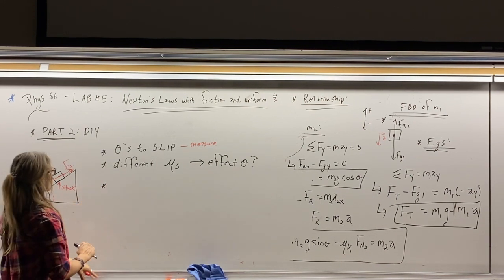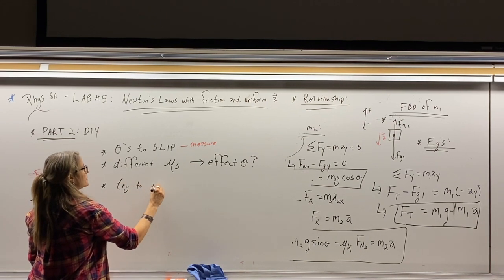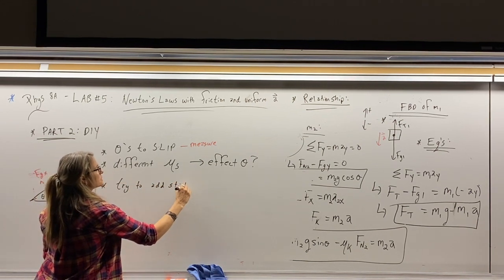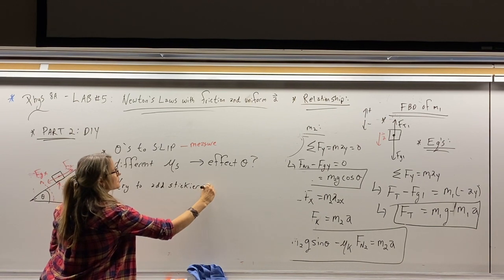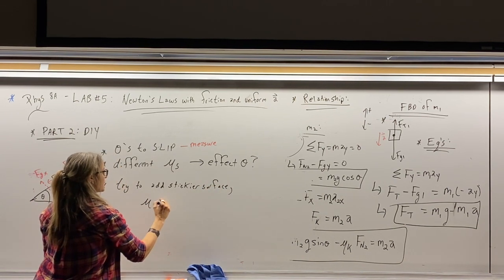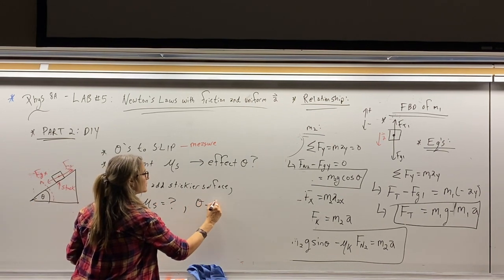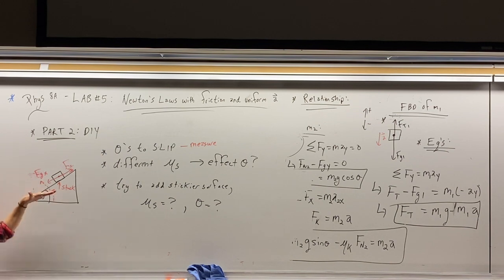So the other thing we want to do is try to add a stickier surface. And then what happens to our μs value? What happens to our angle? What happens if we put sandpaper underneath this? Well, what we'll notice is that we'll have to tilt it and increase the angle significantly to finally get it